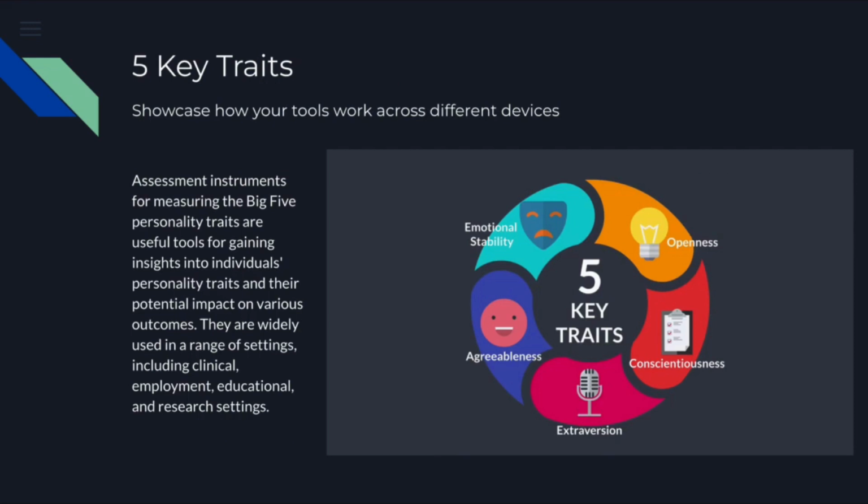So, as we mentioned, five key traits: agreeableness, extroversion, conscientiousness, openness, emotional stability. It's a very useful tool despite the negatives. It's an amazing tool for gaining insight into an individual. In fact, Dr. Peterson uses similar testing for couples, and he's able to predict the challenges that couples will have based on those five traits,